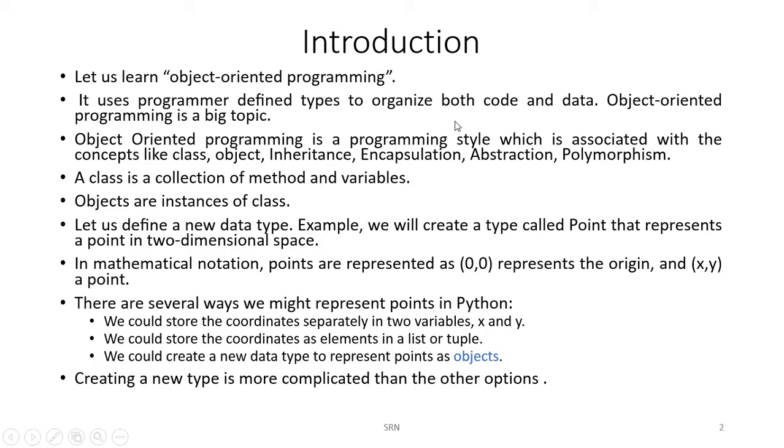What do we mean by a real world object? For example, we want to define a student. Once we say student, a student has a USN, name, address, date of birth, marks, average marks, grade, class, semester, etc. We want to combine all these together into one data type. It's not possible just with the standard data types like int, float, string. So we have to combine them all and make it one data type.